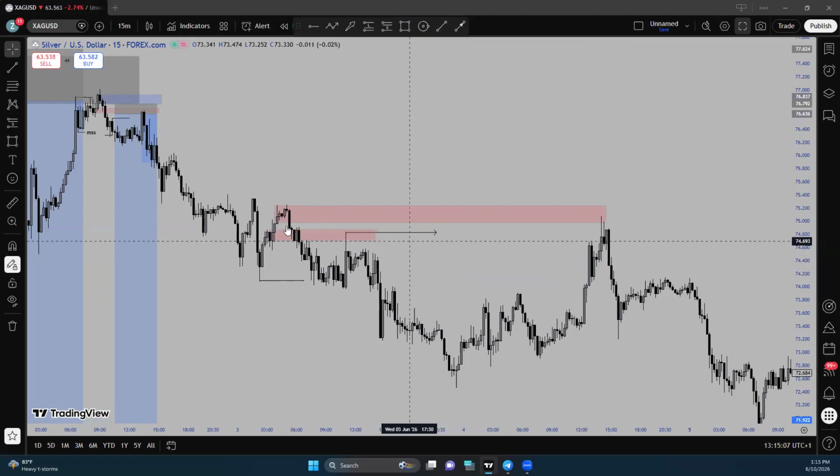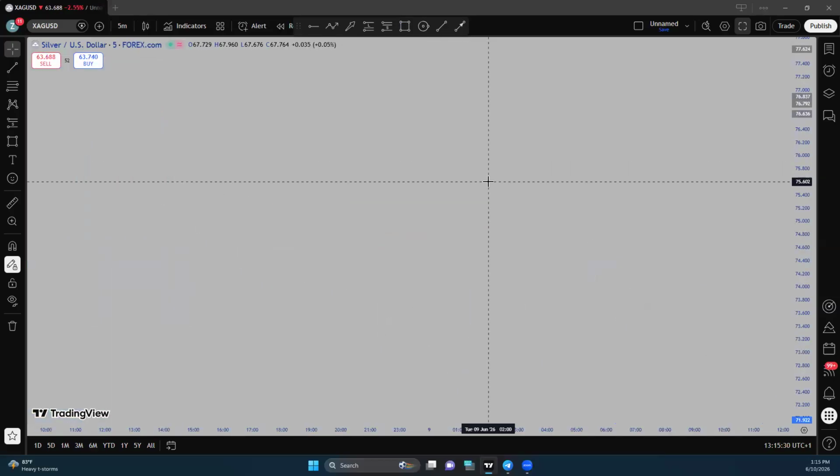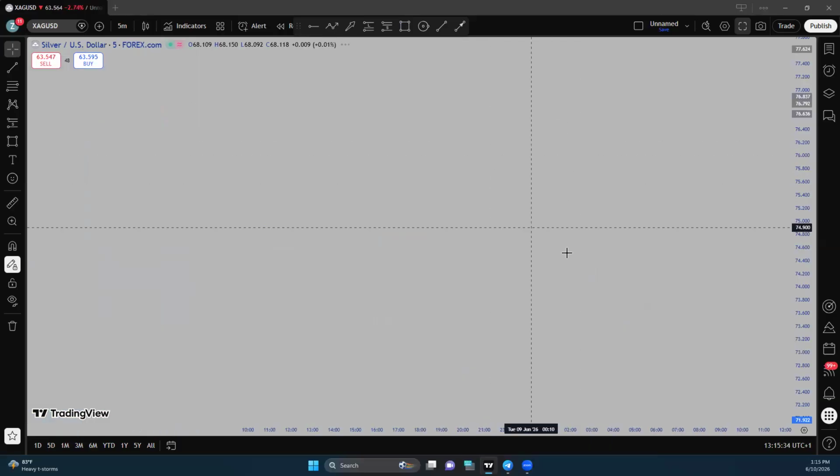You see, this is a 15-minute demand zone. The one I gave you as example was for 2 hours, right? We use 15 minutes for our entry. So this is a 15-minute demand zone. That means we go to a lower time frame than 15 to look for our entries, right? Yes. So we go to a lower time frame. For 15 minutes, let me try 5 minutes. If we don't have good structure in the 5 minutes, we go to a lower time frame than 5 minutes to look for that structure and